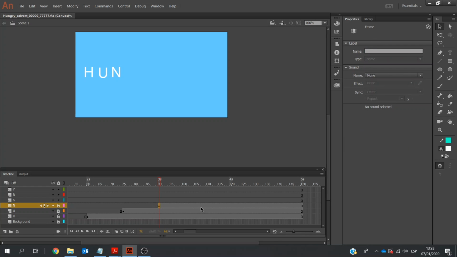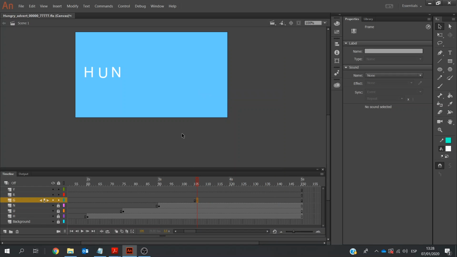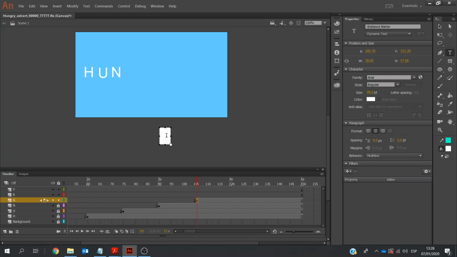Lock the layer up to G. Sometimes this should be 105. That's here. Insert keyframe. Control V. G. Move it into place, more or less. We'll come back to this later on. Lock the